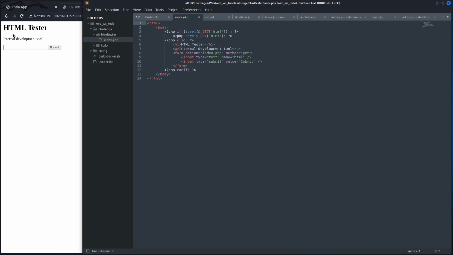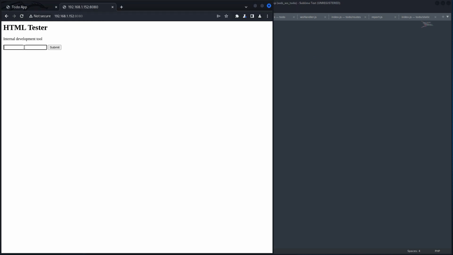Otherwise, it just shows this little form, and then submitting it will do that same thing. So if we look, we can see, let's just give it some simple HTML. If I can type, we can see it puts it in this HTML parameter and renders it in the browser, renders it back. So right away we could think okay, this should be susceptible to cross-site scripting, which we can test if we just do a simple,